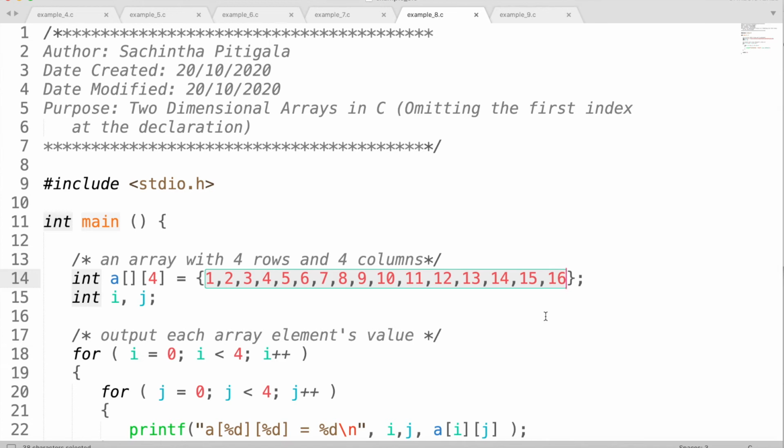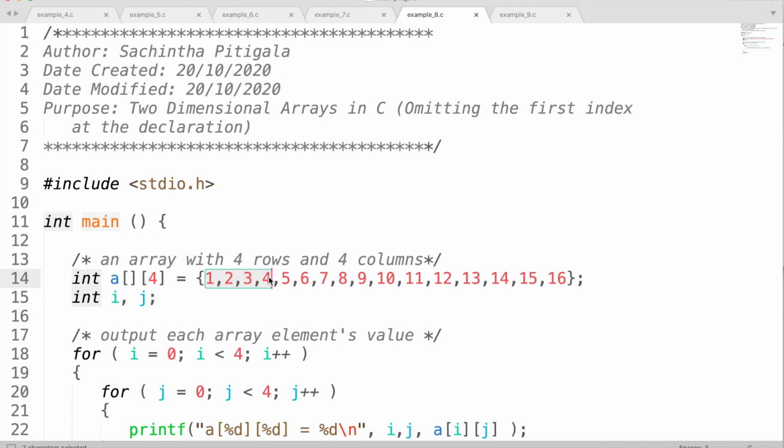So in here, I have skipped the first dimension specification. Instead of that, I have given all the values that I am planning to store in this array. So C will know, okay, I need to have 4 columns. Then it will take the first 4 values and fill up the first row.